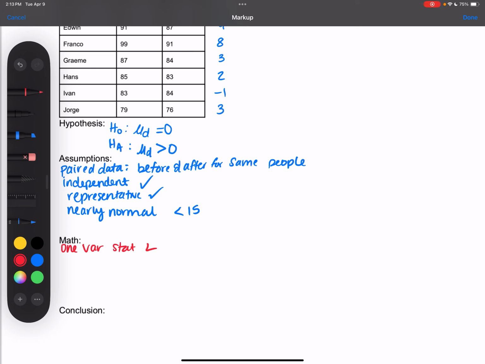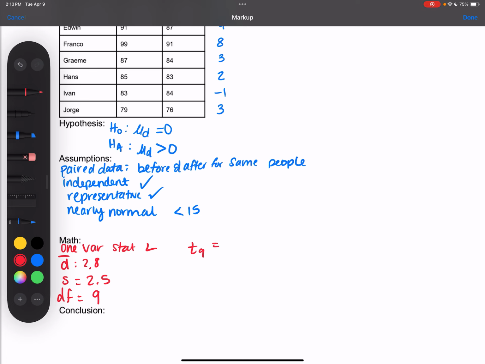All right, what did we get for our mean? 2.8. How about standard deviation? 2.5. And degrees of freedom would be what? So we could find our t value if we want. We haven't done this in a while, so